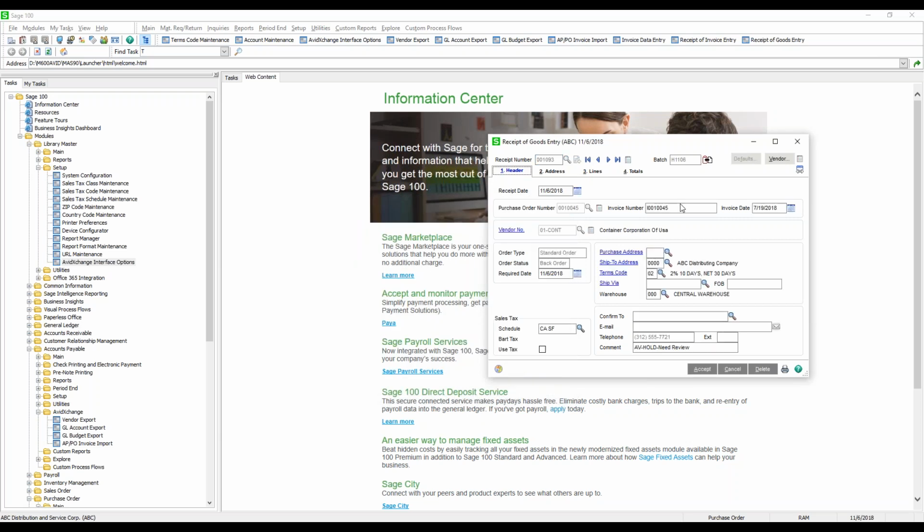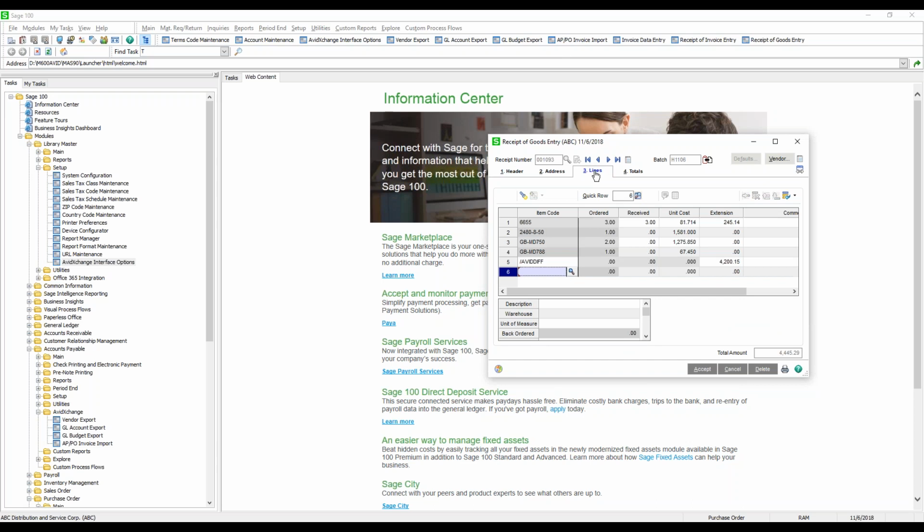For this particular one, it's the same invoice. When you do a receipt of goods and have an invoice that matches one in the receipt of invoice, it will merge them together upon updating of the journals, and you'll have the full invoice. This way you could do one invoice for an item that you've previously received some and that you are now